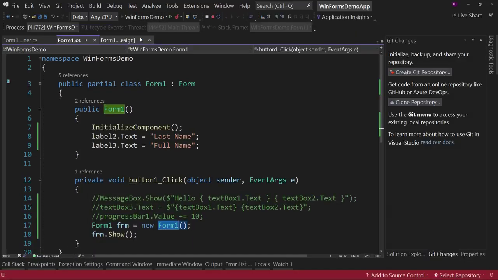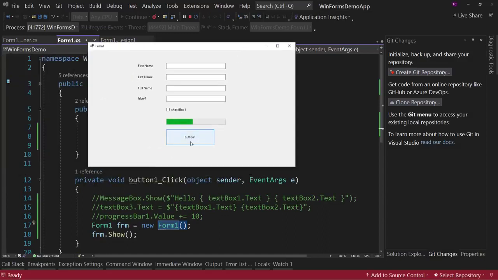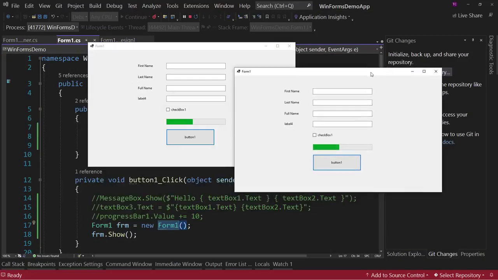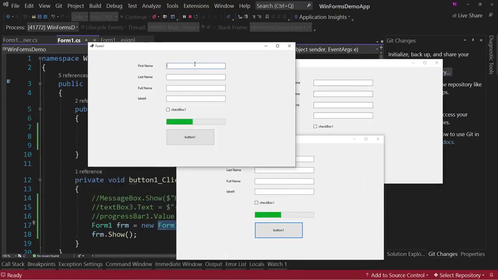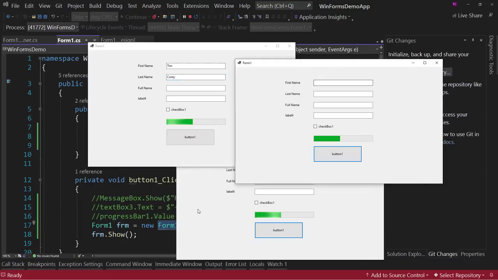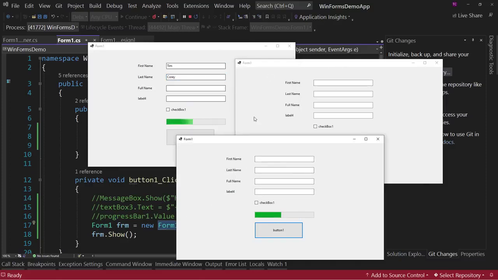So if I were to run this, now when I click the button, it actually opens up a second window. Click that button, it opens up a third window. And so if I change the first window, notice it does not modify the second one or the third one, because these are different instances of the form. Each one is separate. It's a separate class instance. So Form1 is a class, and we instantiate it when we run, which is how we can create multiple